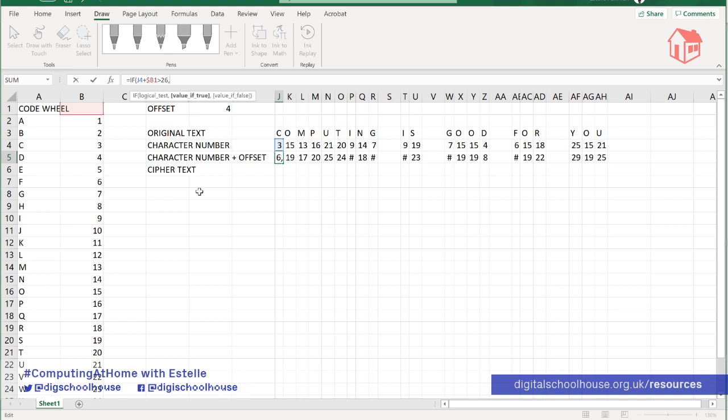And if J4 plus, again I'm going to use shift and the plus key, $B1, is, and then we're going to do minus 26. So remember, I've just written mine down to make it easier. If you've decided that actually you wish you'd written it down, pause the video and go back. J4